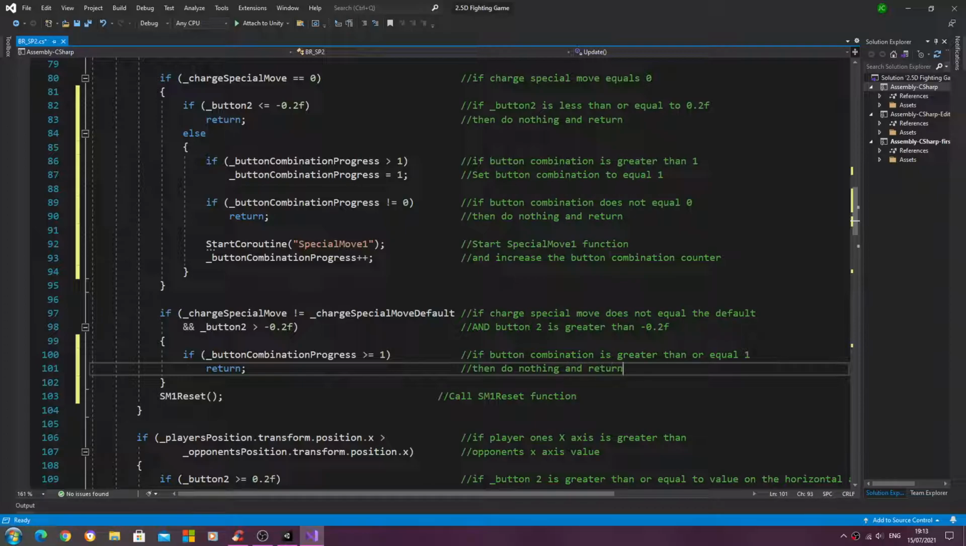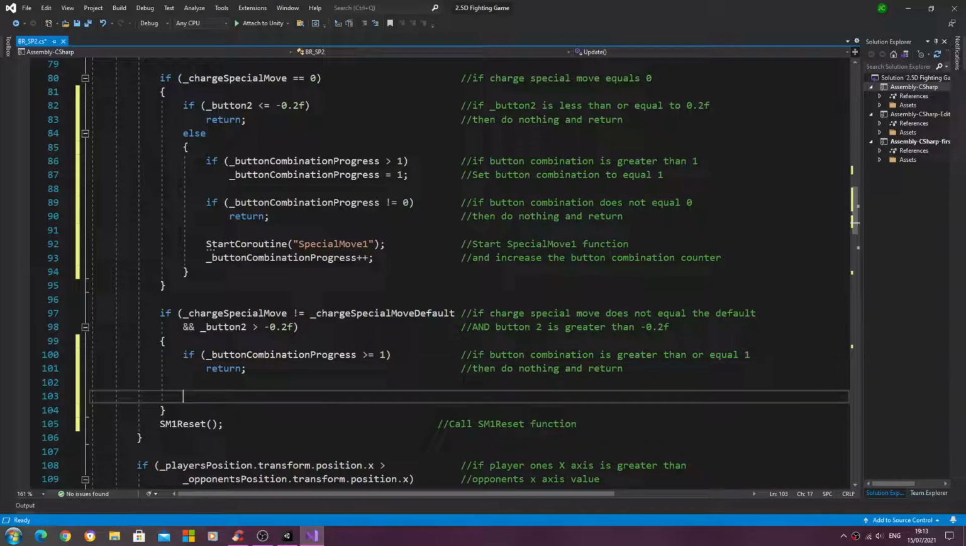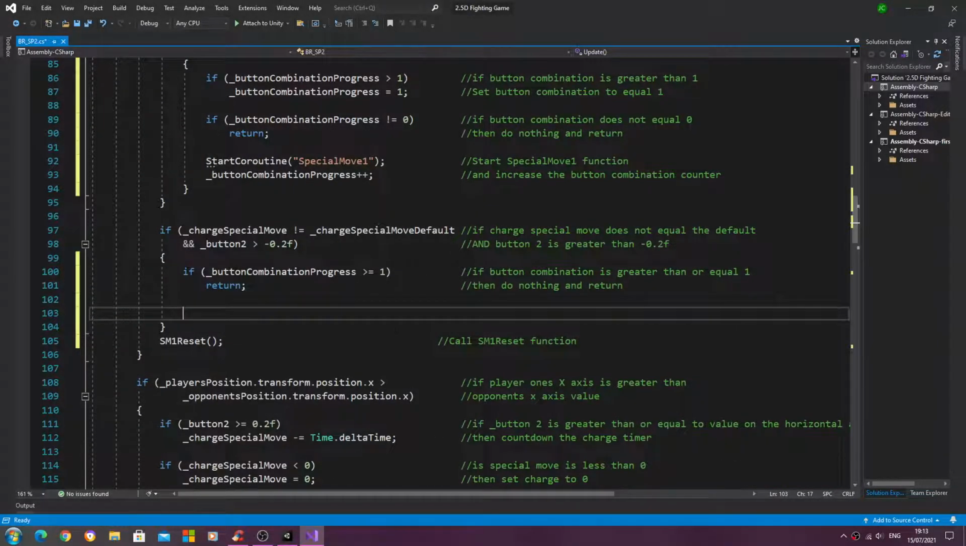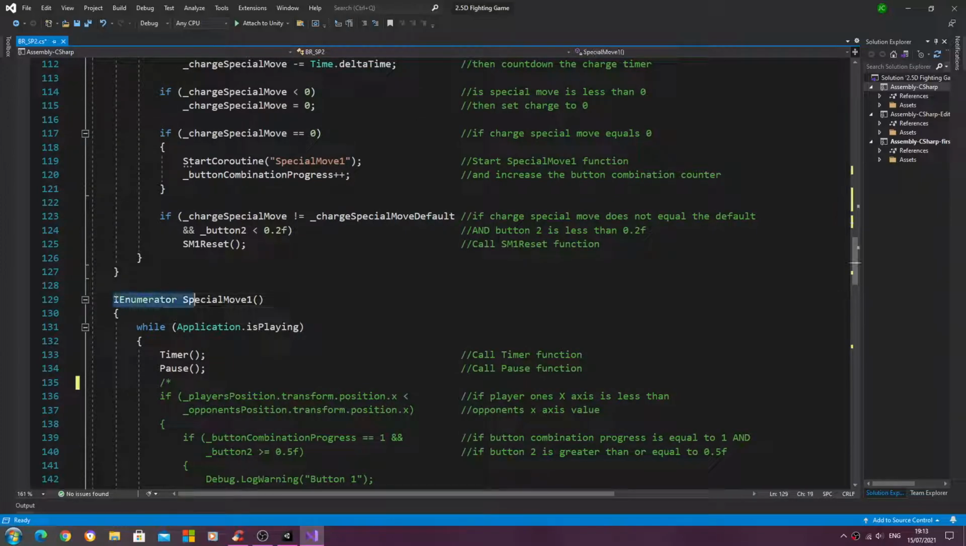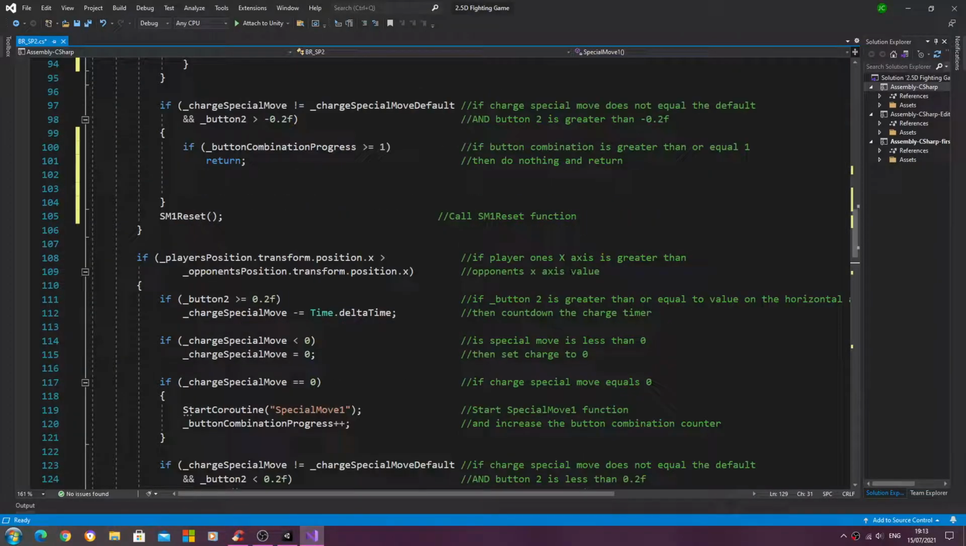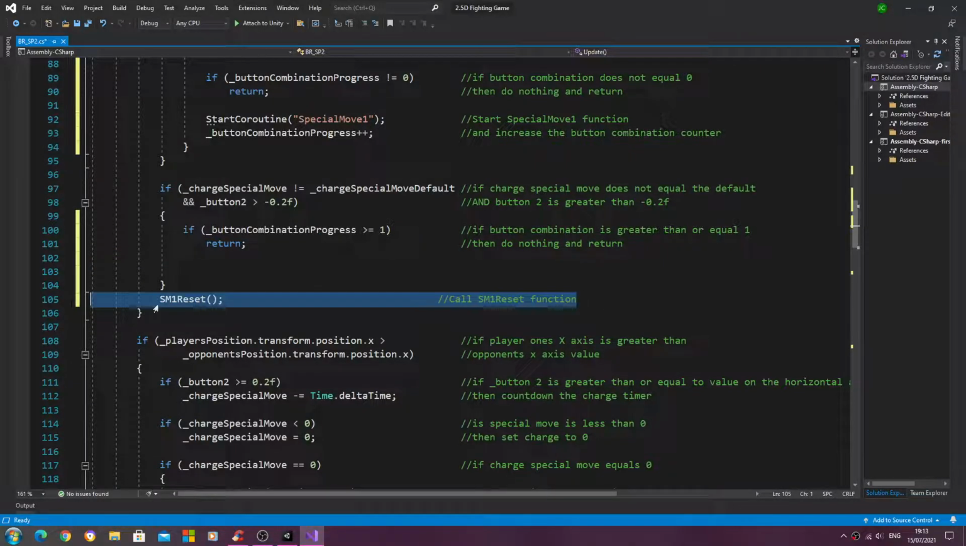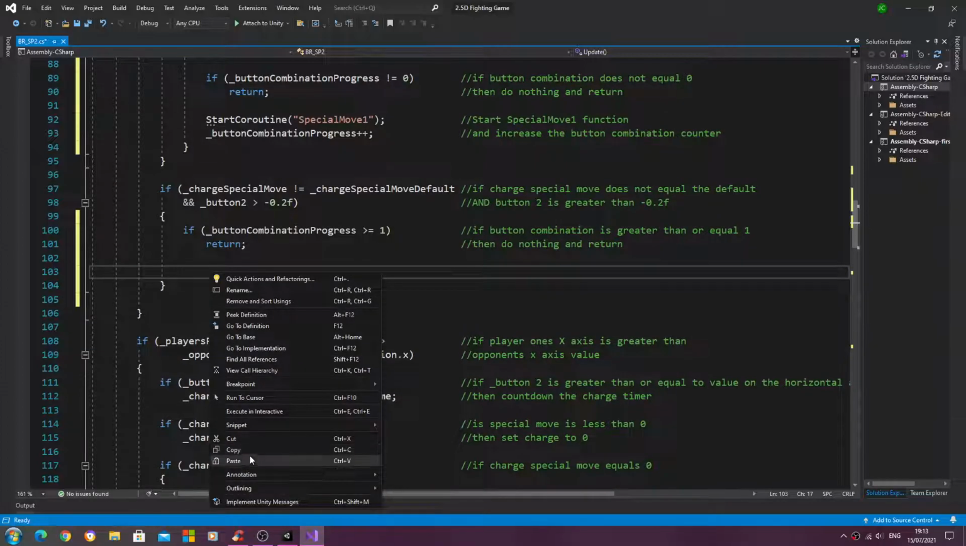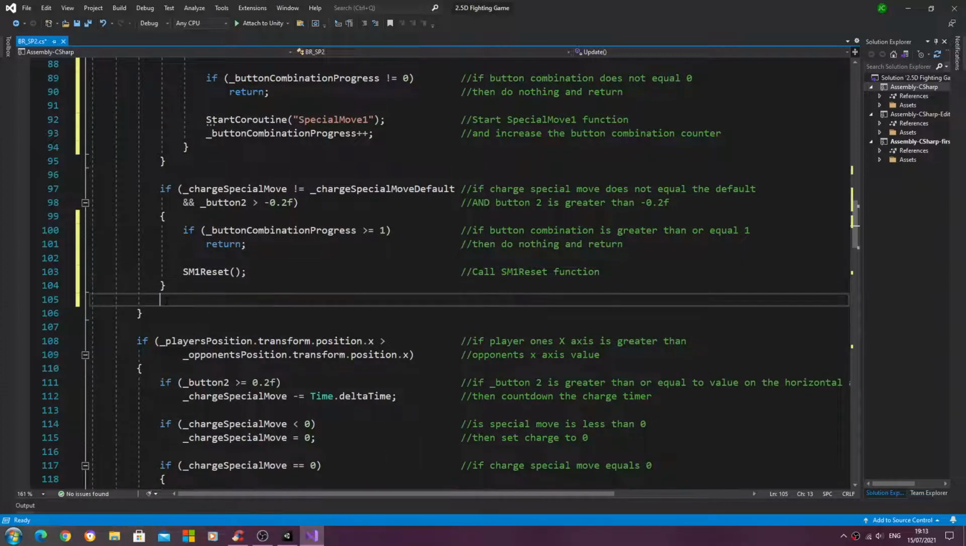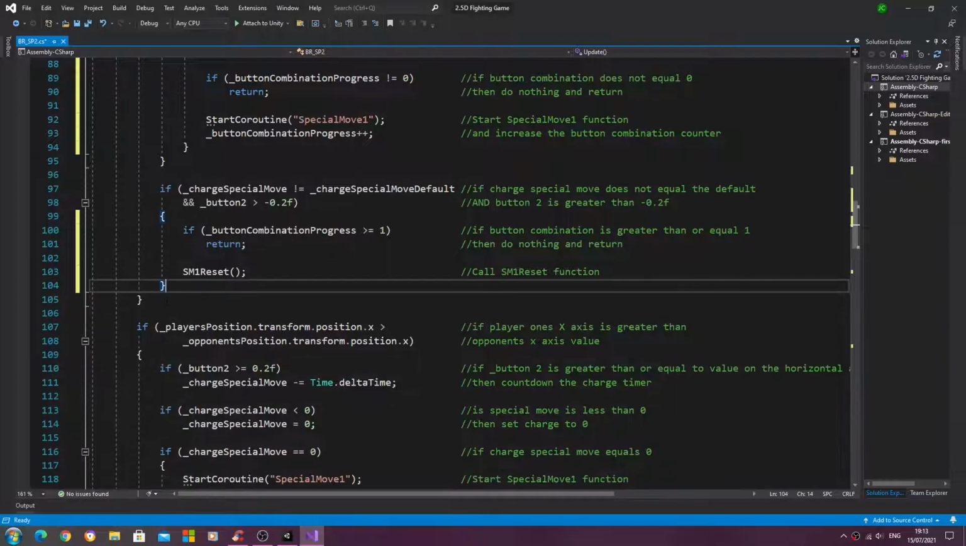So if our count has increased to 1 and we've moved into the enumerator, we don't need to do anything else, but, and I'm going to cut the reset line, if it's not equal to or greater than 1, then we need to reset because the player's charged the move but is not trying to actually do the special move. So,